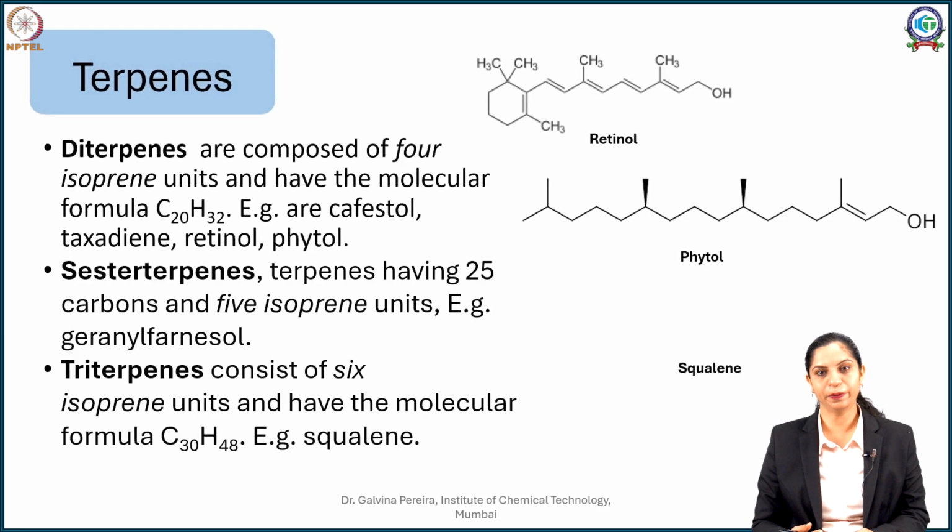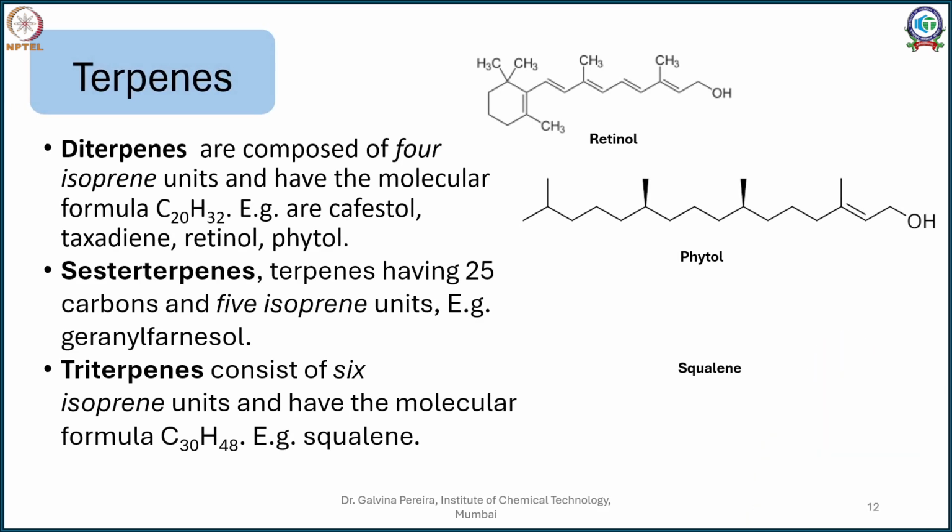So next you have diterpenes. Diterpenes are like your C20 compounds. If you look at something like your retinol, which is your vitamin A derivative, again we can visualize them. This is 1, 2, 3 for us. 4, 5, I cut it here, 2, 3 again, 4, 5, I cut it here. So you can see this is 1, this is 2, this is 3 and this is 4. So you have 5 into 4, which is your C20.